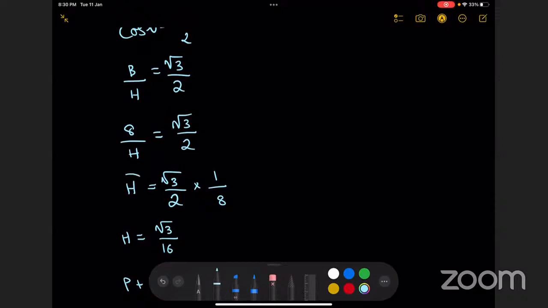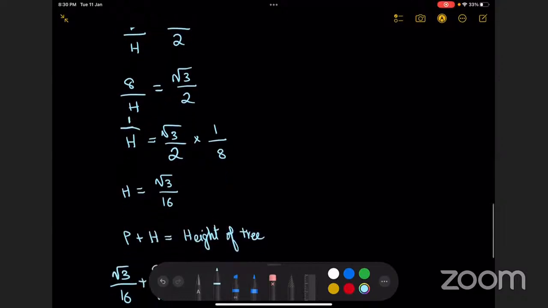This is not h, it's just 1 upon h. Right. 16 upon root 3. वेरी गुड। हाँ, अब ठीक है, अब इसको करेक्शन करो।